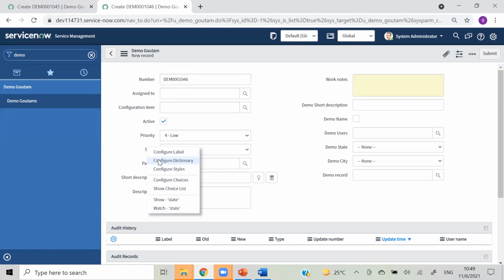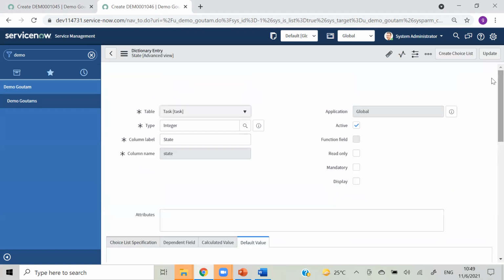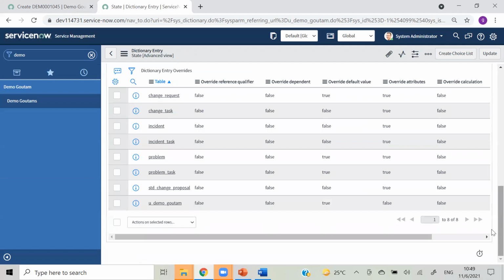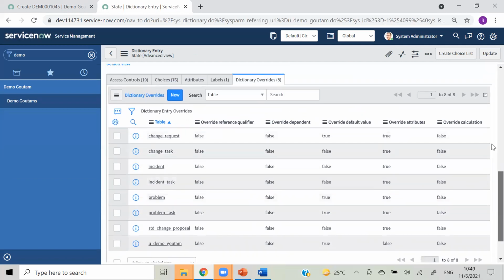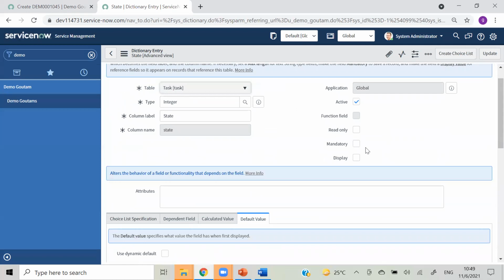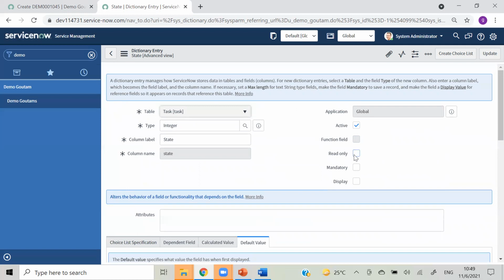Go to configure dictionary of that particular field, and you can override. Whenever you open here, sometimes it may be read only, mandatory, and display as true.